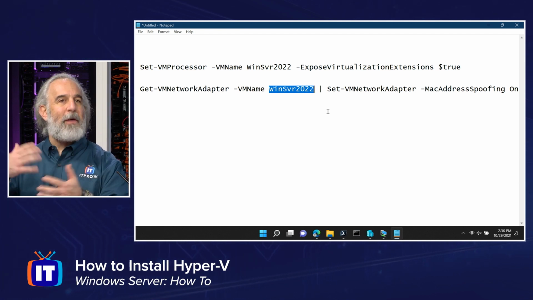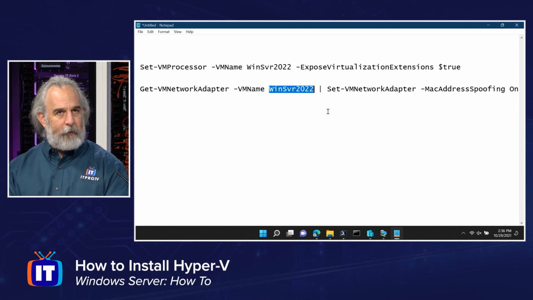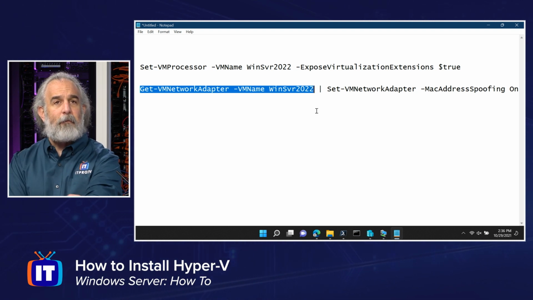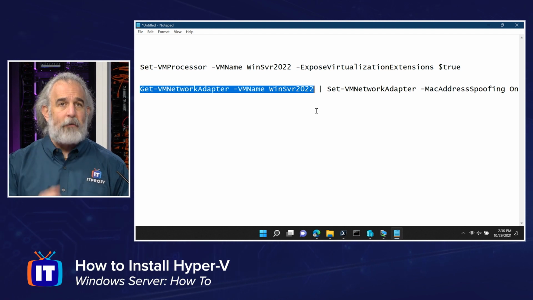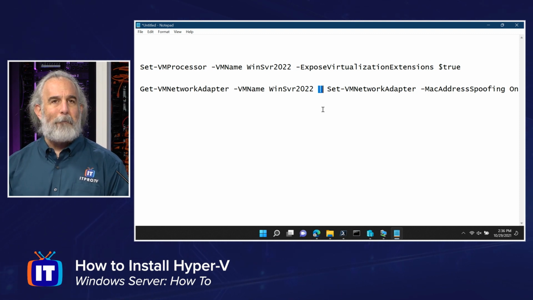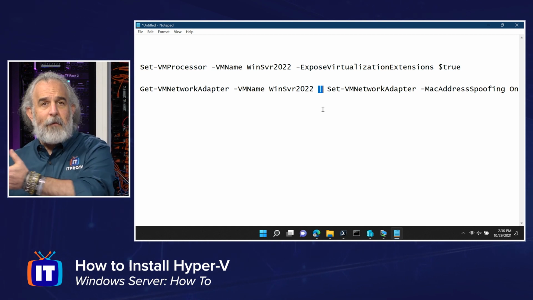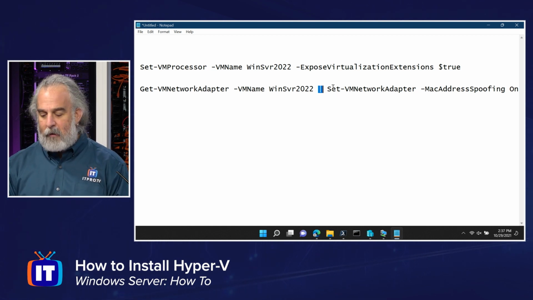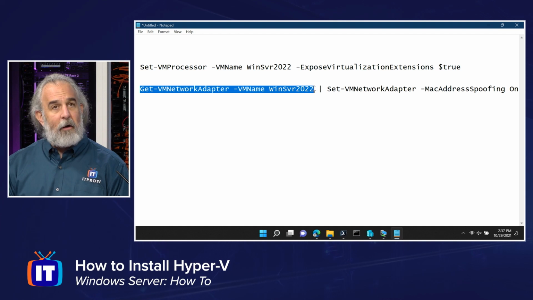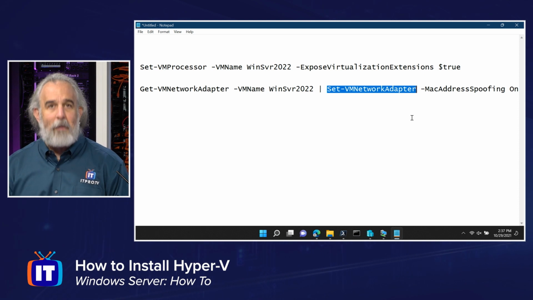Get means go grab the existing configuration in PowerShell and make it available so I can make choices or work with it. So this initial part of the command syntax right here gets the virtual machine network adapter configuration for the virtual machine named WinServer 2022, loads it into memory, and then we use something very powerful in PowerShell called the pipe. And the pipe allows me to take whatever is on the left and the output of that and move it to the right of the pipe and use it as the input for whatever commandlet comes next. In other words, I'm taking everything I do right here, loading it in memory, and then I'm giving it to the Set-VMNetworkAdapter commandlet to use.